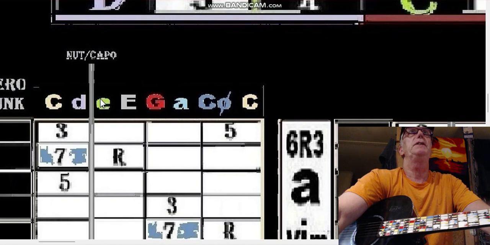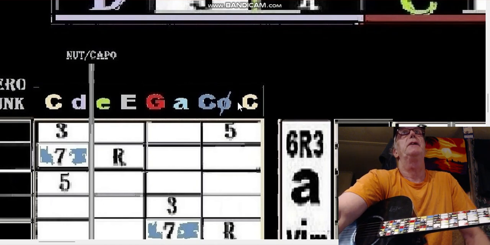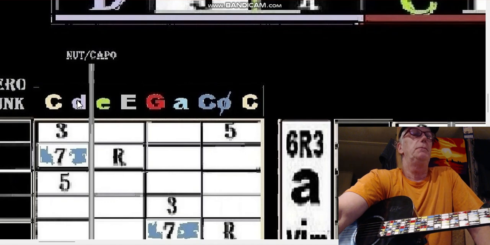But these are buddies. E and E are buddies, and C and C are buddies. So it's C, A, G, E, D. That's the word CAGED. When you go the other way, when we start at the root, and then to the Dorian,